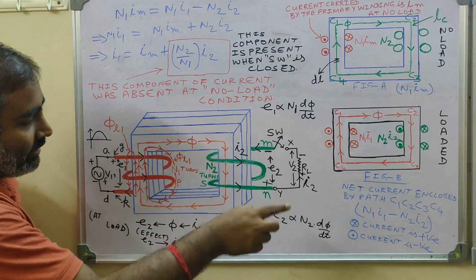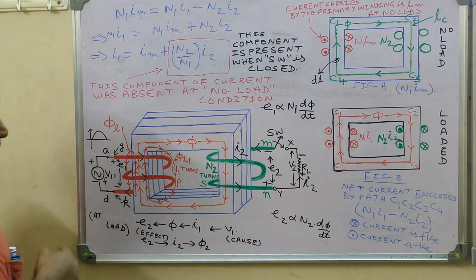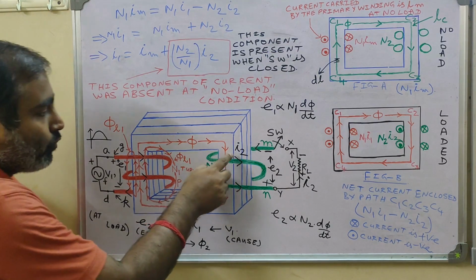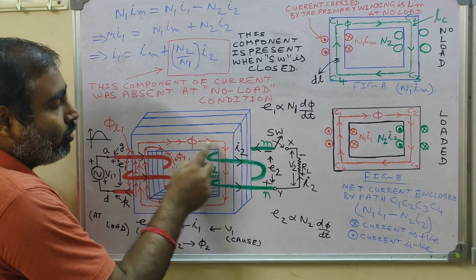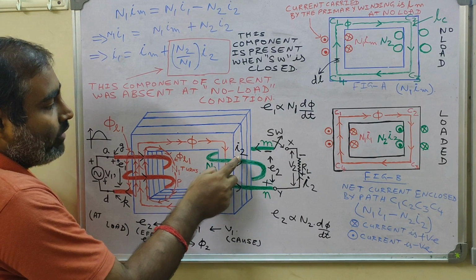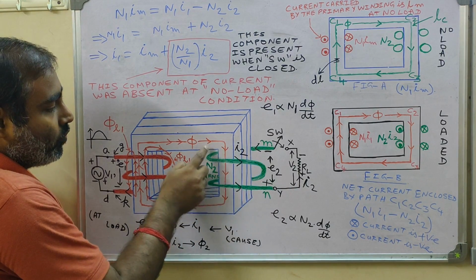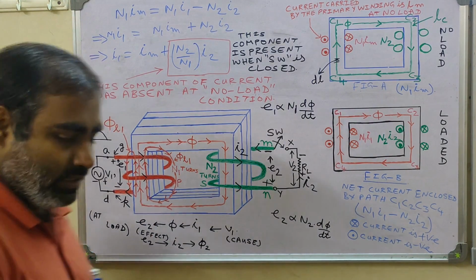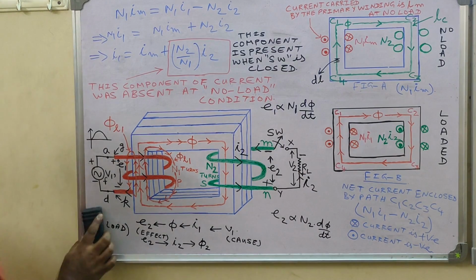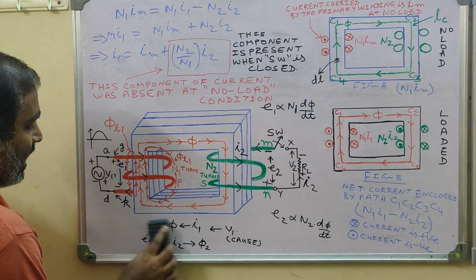If you think of the chain of cause and effect, you will find that I2 is flowing because of E2, and E2 is there because of flux phi. So I2 will lead to an MMF which will try to reduce the flux phi. But as I was saying earlier,